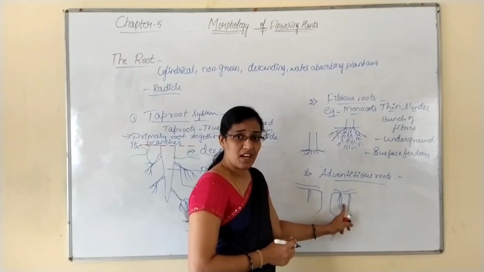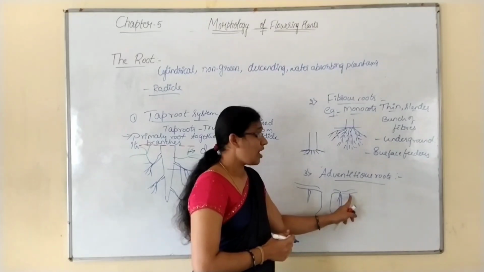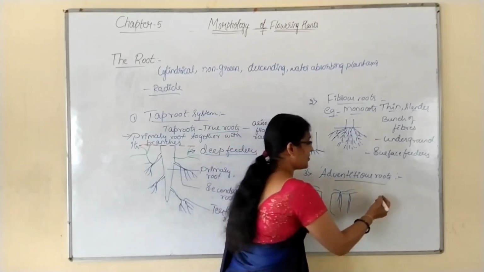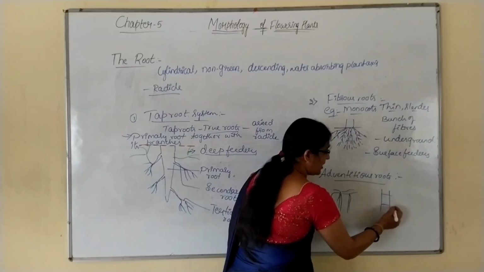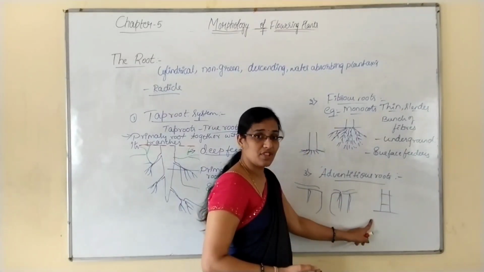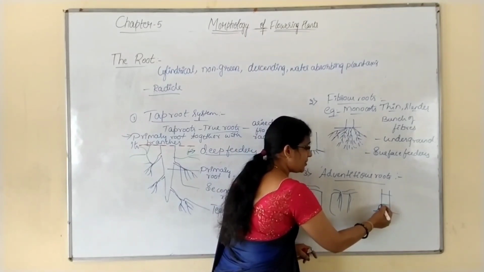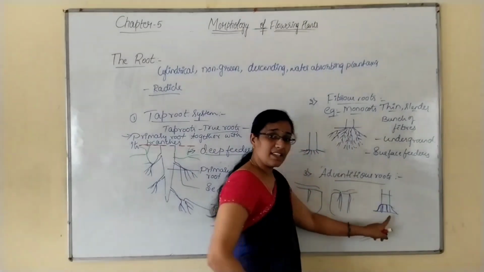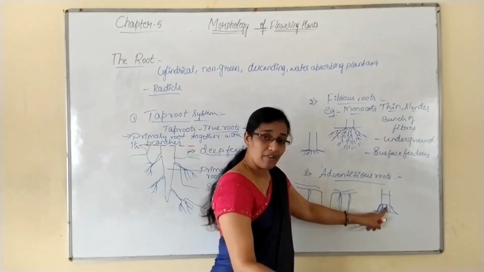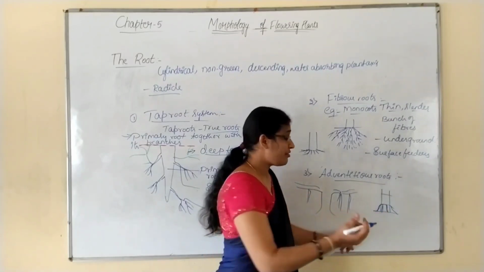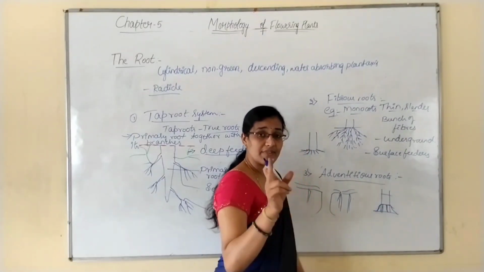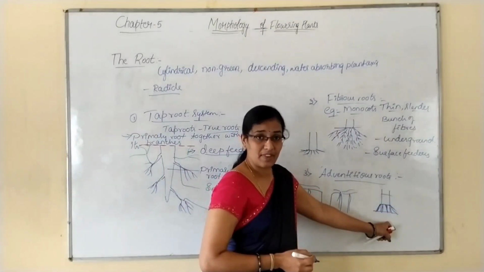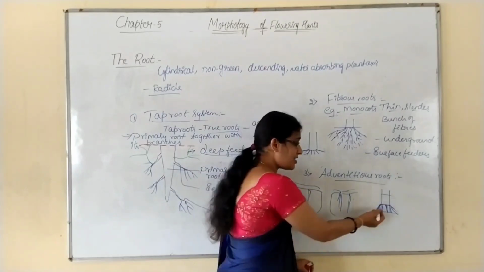These roots arise from the radical part of the embryo? No, they are arising from where? They are arising from the branches. And also, when you look at the sugar cane, in sugar cane you can find the presence of some roots, aerial roots arising from the basal nodal region. If this is the stem, from those nodal regions you can find the presence of some roots present here. Again, here the roots are arising from the stem,